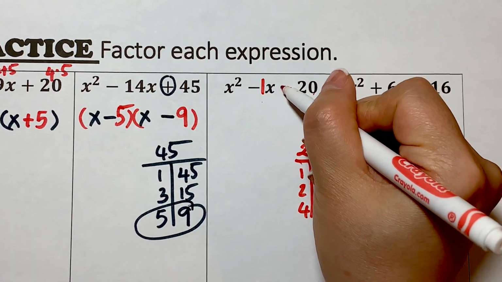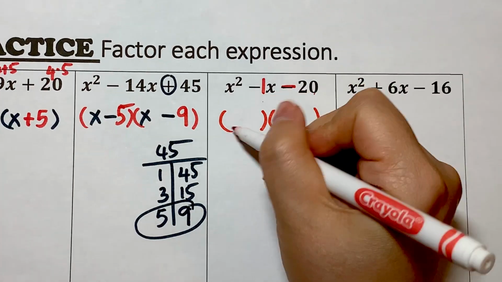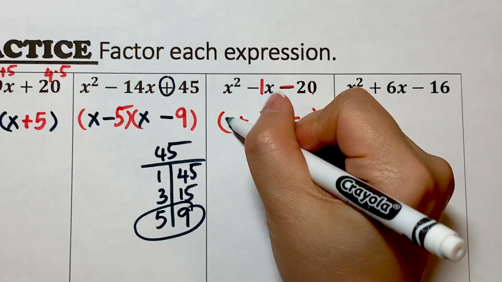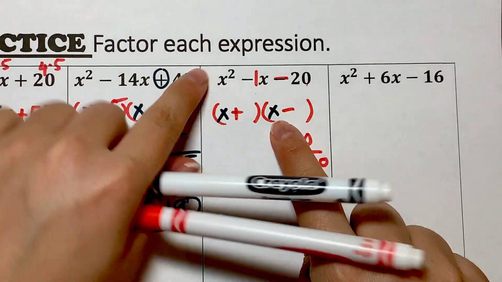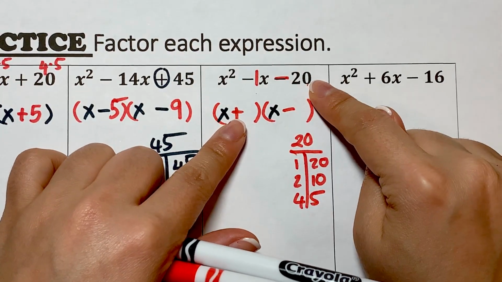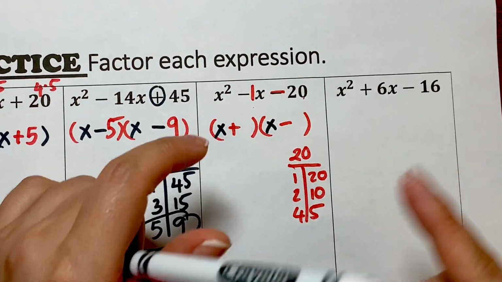And then, since this is negative, they're gonna have one positive, one negative. Okay, and we always start off with x, because when you multiply, you get x squared, of course. Now you need to find two numbers that multiply to give you 20, but when you add them, you get negative 1. So the negative number